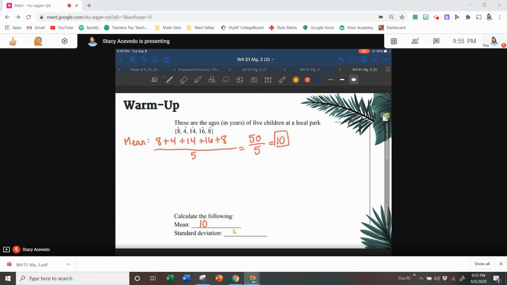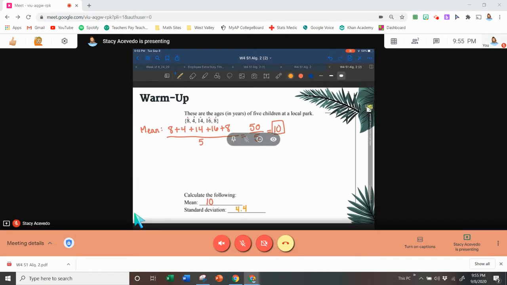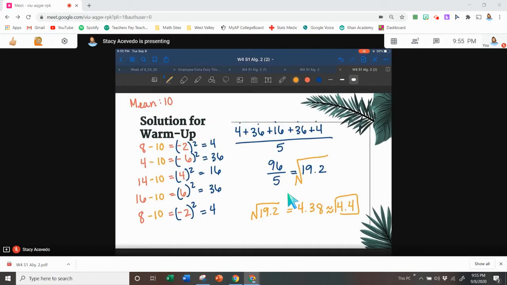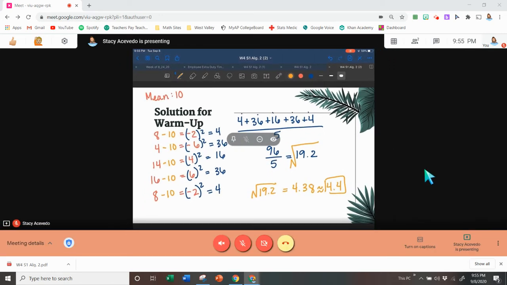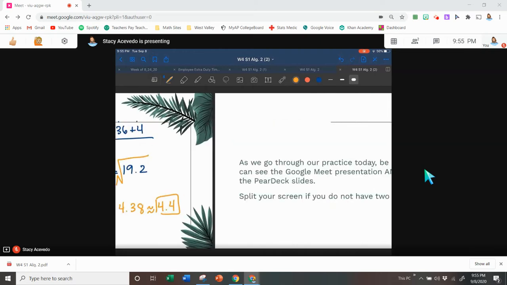So 4.4. All right, so we've calculated the mean, which is 10, and the standard deviation. And it's a really long process to calculate the standard deviation by hand. So I'm going to show you a nice and easy way